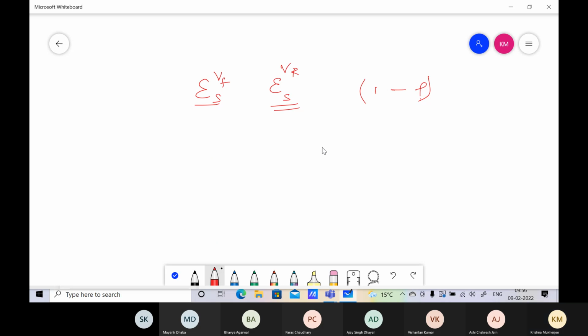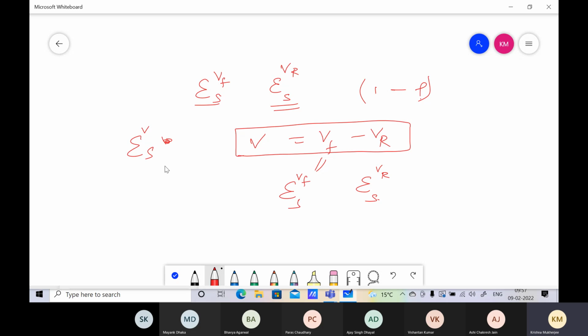So could you repeat it once? I'm saying, now tell me what is EV by S? Simple. Or you can find out, because V is equal to VF minus VR. So because this is then irritating business, what is EVF by S? And what is EVR by S? Right? So we want to know the elasticity of this equation, and then we will be able to handle this when it is close to equilibrium